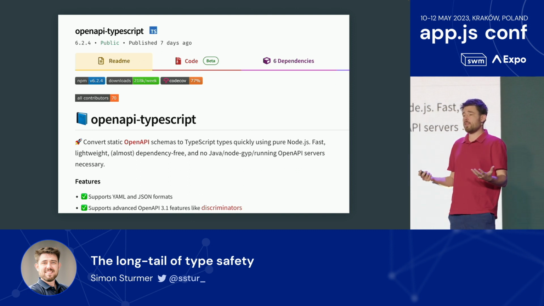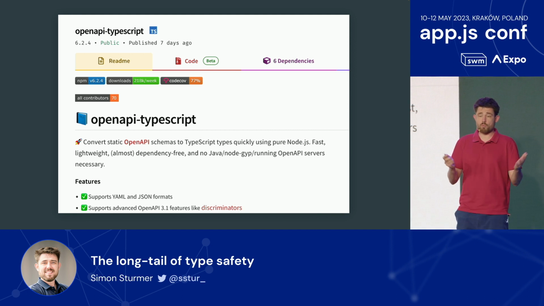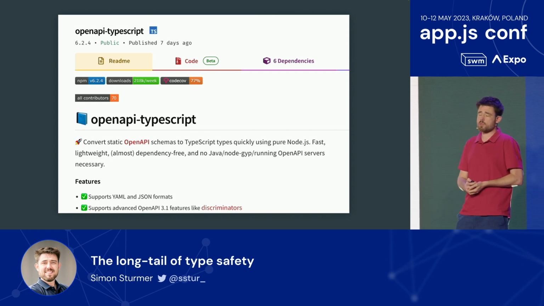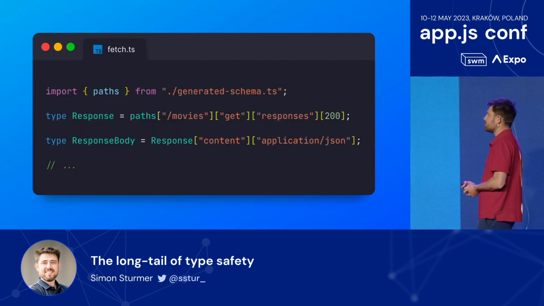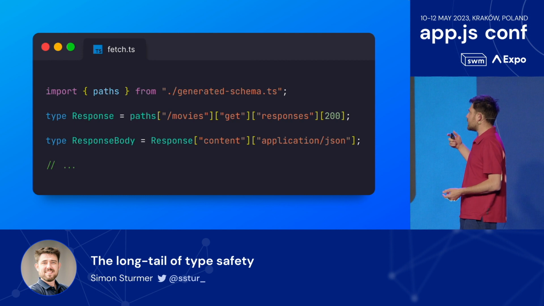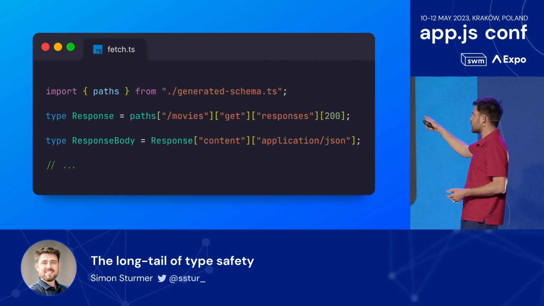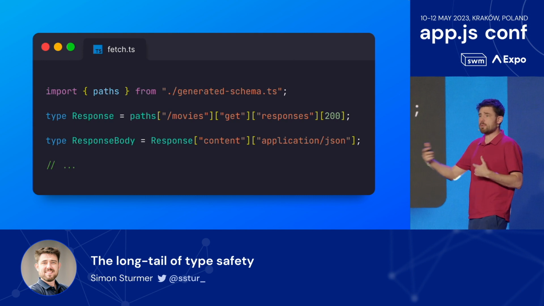Well, if you are lucky enough that your API has an OpenAPI specification of some sort, then you just run it through a tool, and there are several tools. I'm using this as an example because I've used it in the past, but you generate your TypeScript defs, your TypeScript types, your interfaces, and it works really nicely if your server supports that. You still have some boilerplate because you're like, okay, I'm going to pull out of my generated schema the /movies path, but I want the response for the GET. That's the 200, that's the application/json, and whatever. It's a little boilerplatey, but at least we didn't have to write all the types and try to keep them in sync with the server, right?